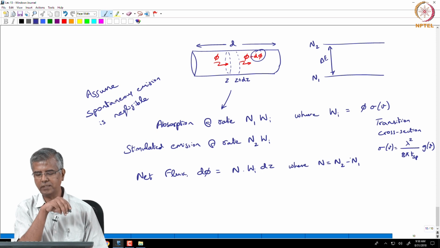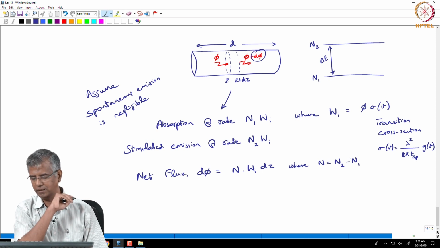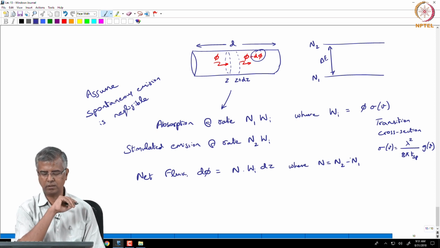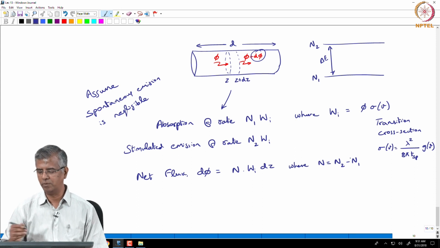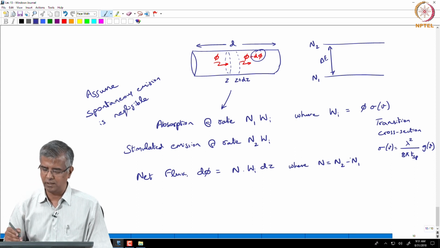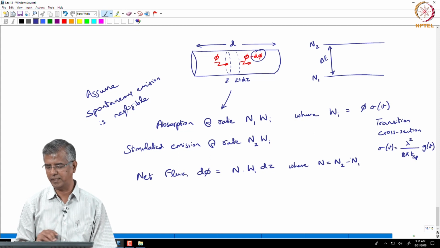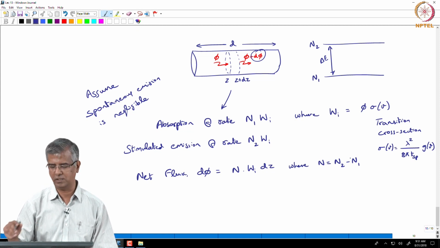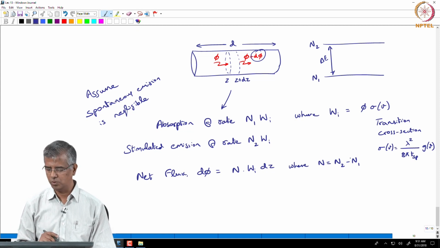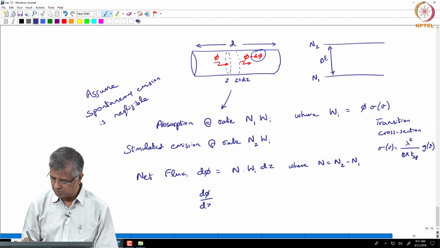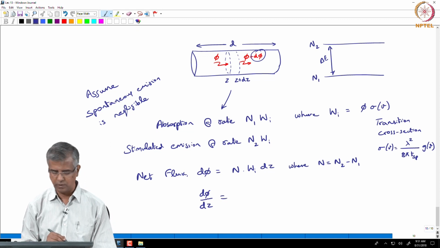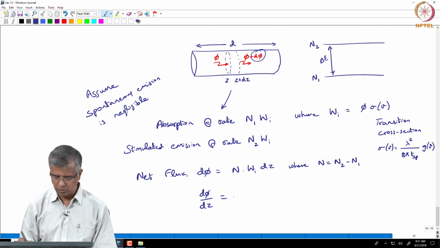And that inversion, in a practical sense, could be created by an external source. We are not considering that, we are just considering the transition between these two. So, you can rearrange terms and you can say d phi over dz will correspond to N times Wi, but